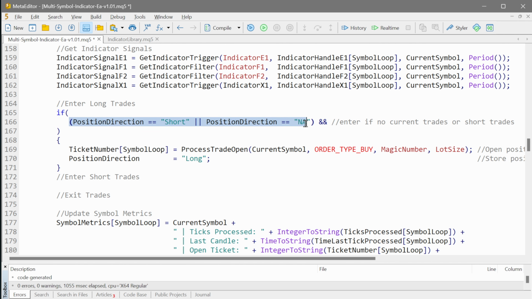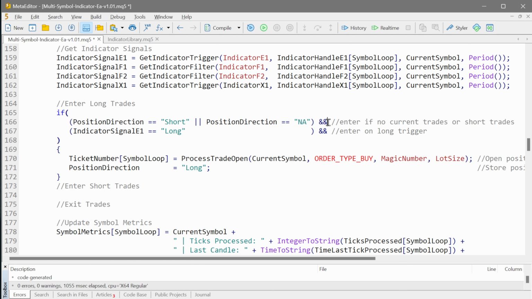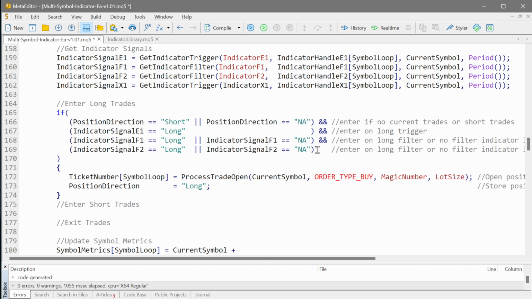Of course, we want to be entering longs when our position direction is short. So we're in a short trade, or we're not in a trade at all. Basically, we don't want to be entering trades if our position direction is long. The next thing we want to do is, of course, have an AND condition where we also want to be looking at if indicator signal E1 is equal to long. So that is our MACD trigger in this example. And then finally, I've added in our two filters. So we also want to be looking for indicator filter 1 equal to long, and our indicator filter 2